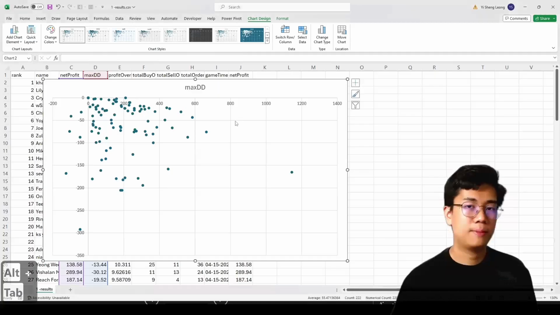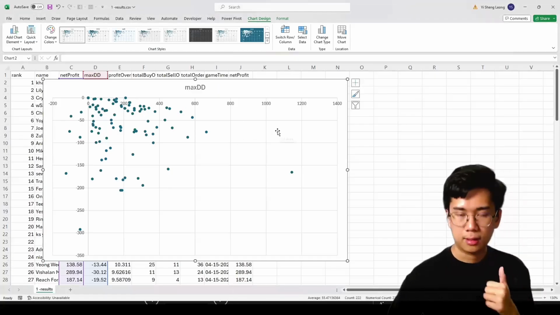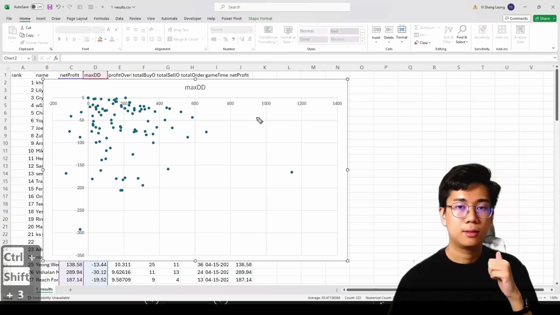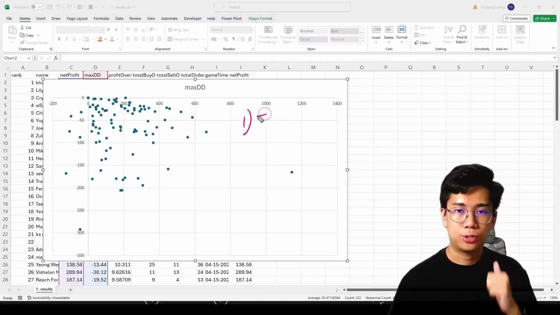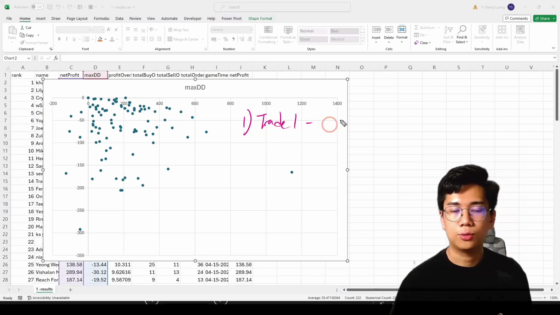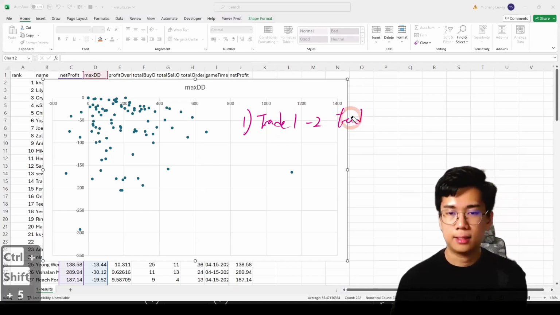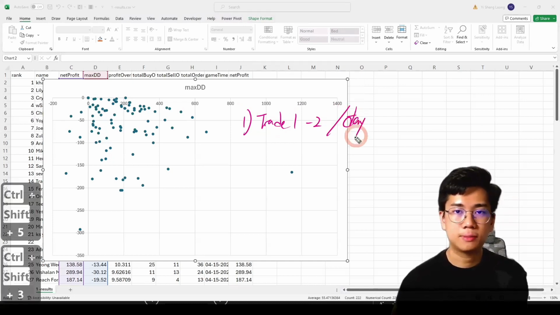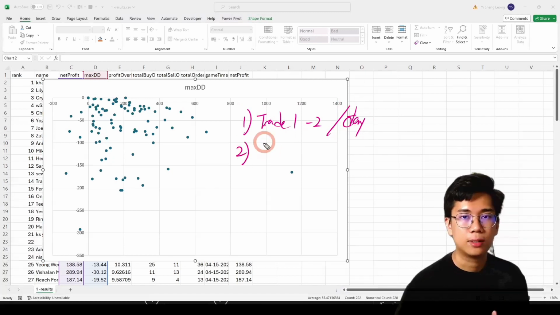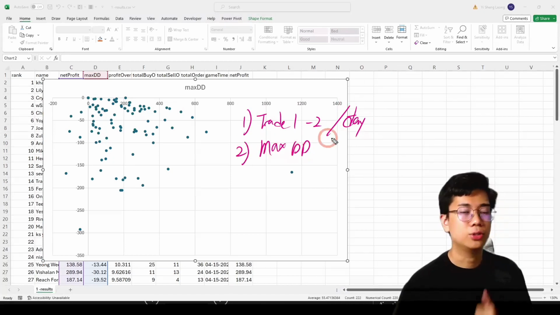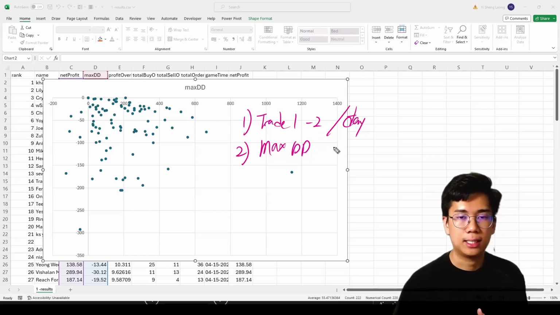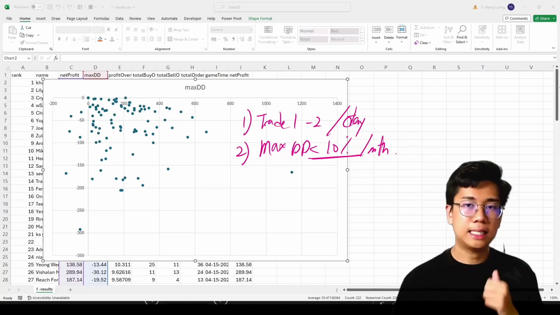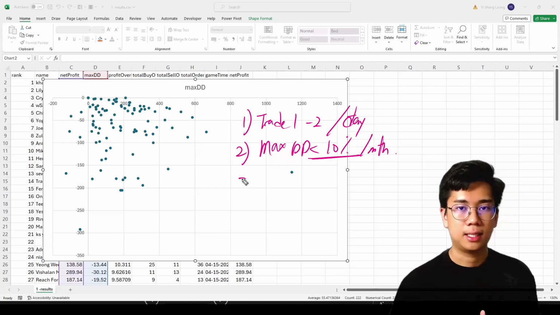So the message I want to bring up is, number one, trade 1 to 2 trades per day to get the optimum profit. Number two, the max drawdown that you should set is actually how much? 10%, less than 10% per month. By setting rules like this, it gets you the optimum returns. And number three,